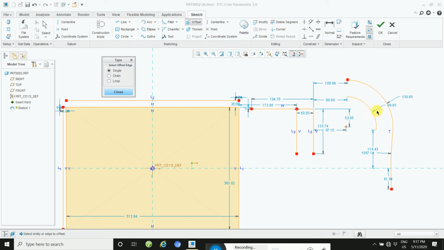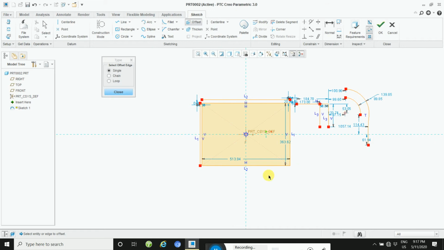Plus is defined for inside and minus for outside. To offset the edge in the direction of the arrow, type a positive value; to offset in the opposite direction, type a negative value. Close it and delete it.